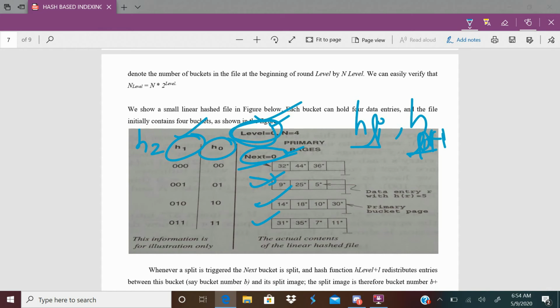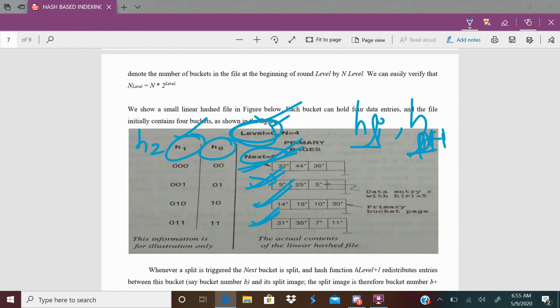What you observe is that buckets are split in order: the 0th bucket, 1st bucket, 2nd bucket, 3rd bucket. After the third bucket is split, how many data buckets can you see?